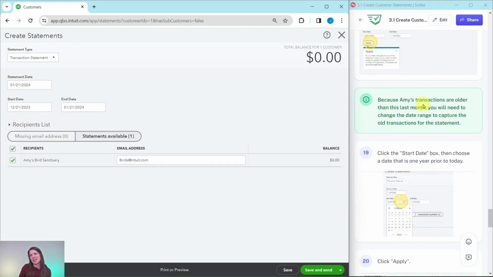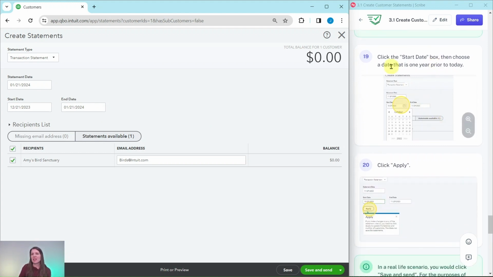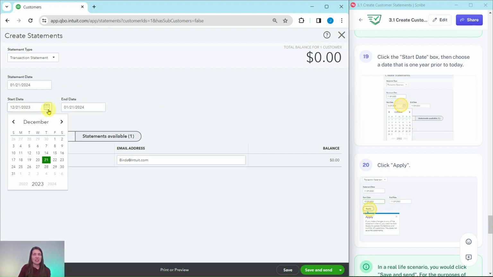Now, because Amy's transactions are older than last month, we're going to need to change the date range to capture the old transactions for the statement. So you're going to click on the Start box and then choose a date that is 1 year prior to today. So click into this box. For me, it is just January. What is today? January 21st for me. So I'm going to change this here to January 21st of 20